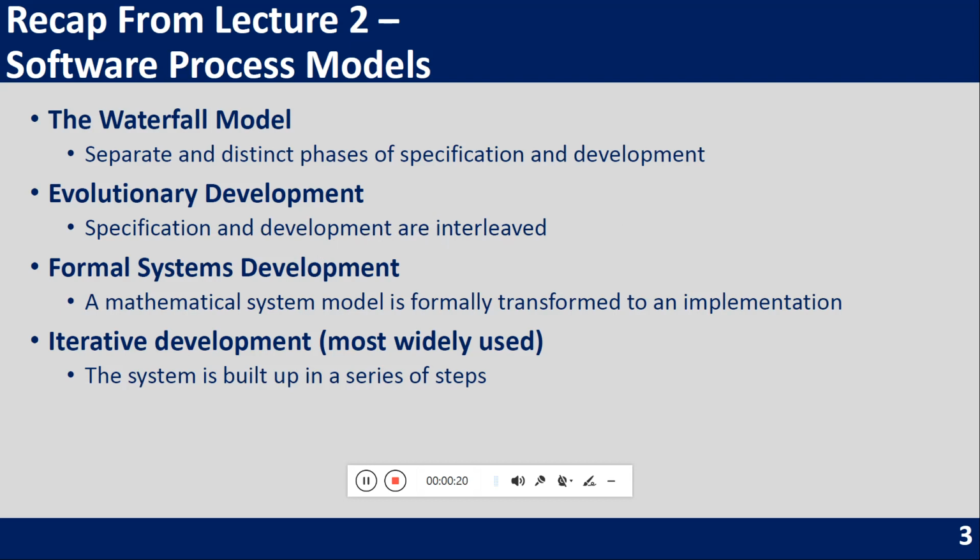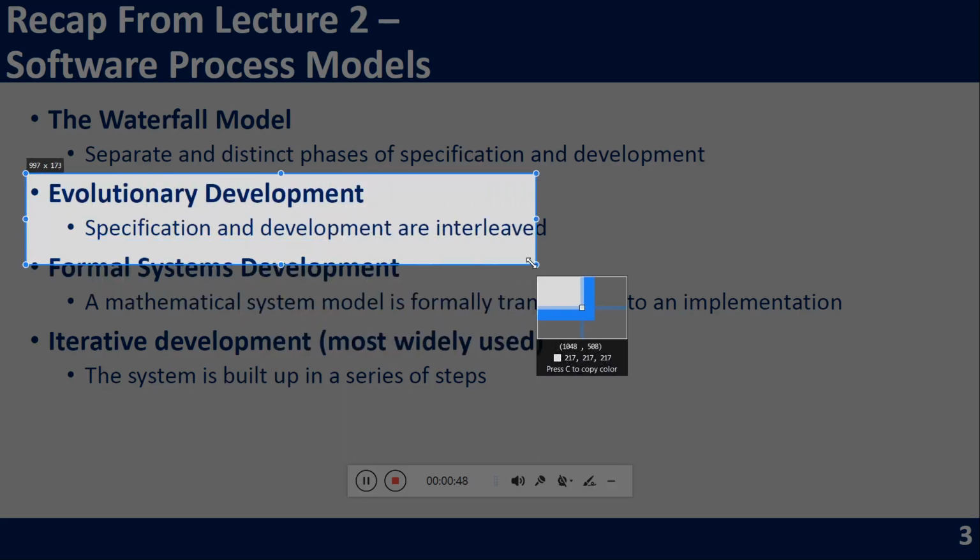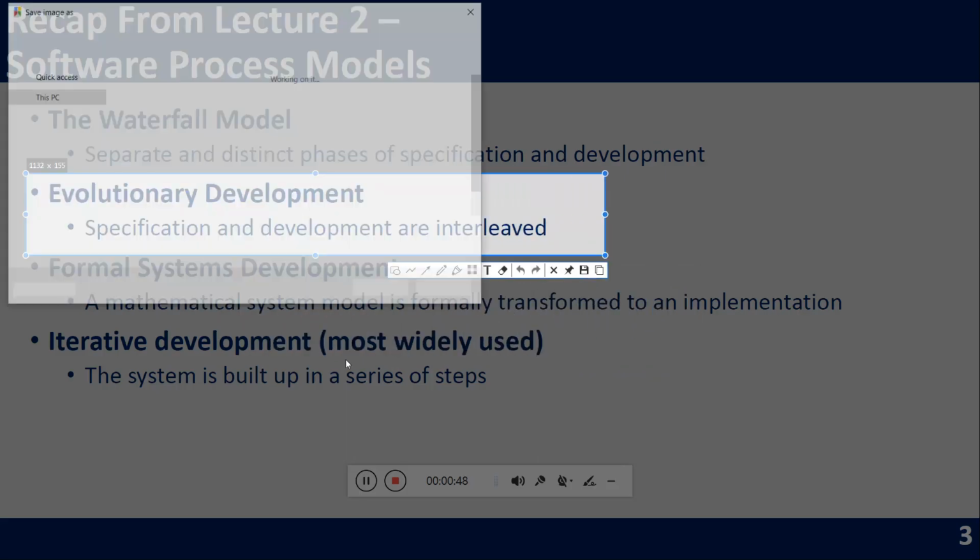The first one, waterfall models, where we have separate and distinct phases of specification and development. Each phase must be completed before the next phase begins. And the evolutionary model means the specification and development are interleaved. So this one, maybe I should take more interest in why the specification and the development are interleaved,